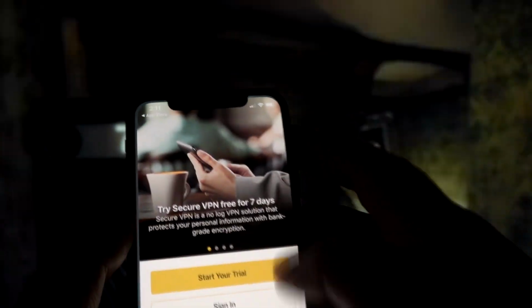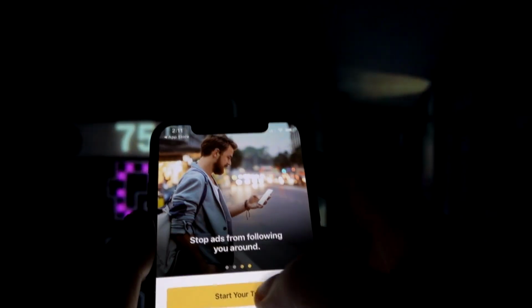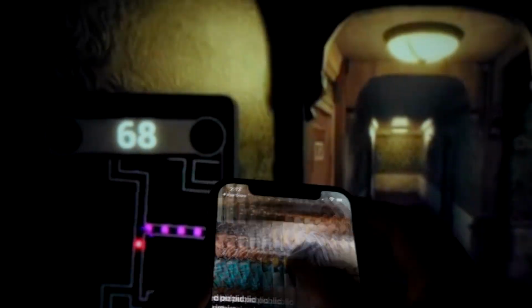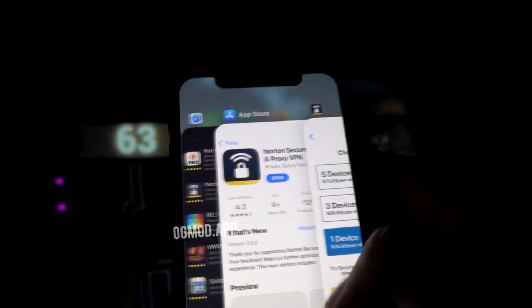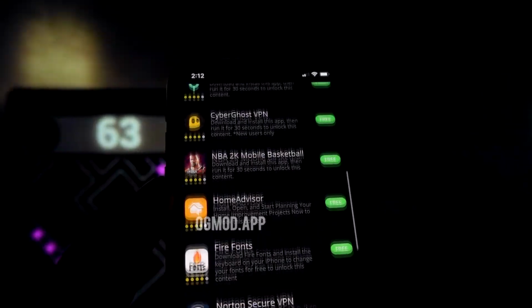These apps are downloaded from the official stores, so they are 100% safe to use. And although they've instructed me to run it for 30 seconds, I will run it for 40 to 50 seconds to be on the safe side, and would recommend you guys to do the same as well. However, over here you might not notice it because the video has been fast forwarded to make it short, and rightfully so. My instruction number 1 has been completed, and my instruction number 2 is going to be probably this one,